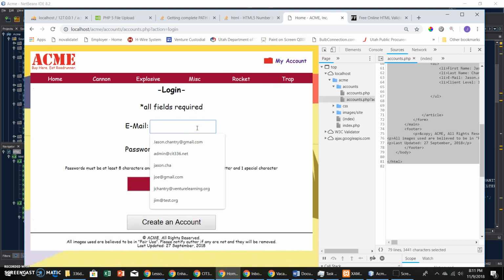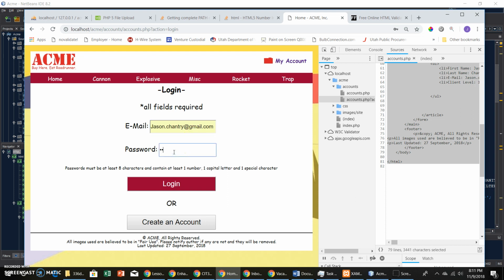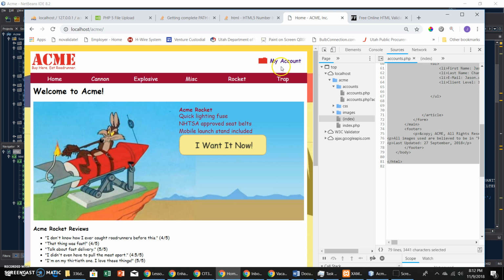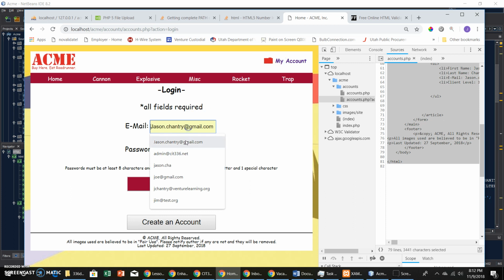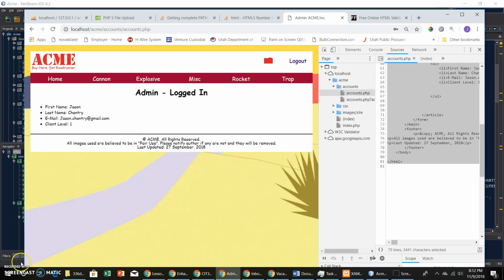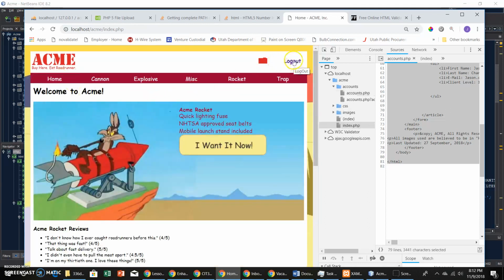So if I log in here, I'm just going to select one. Now it says log out. And if I go back, log back out, even when I go home, it still shows the need to log out. So if I log out there,